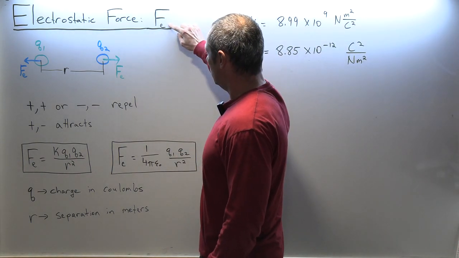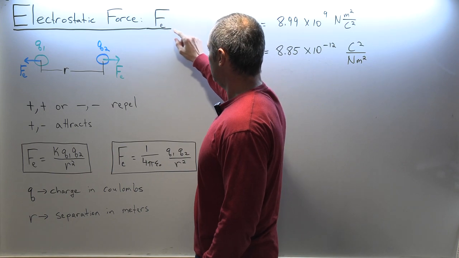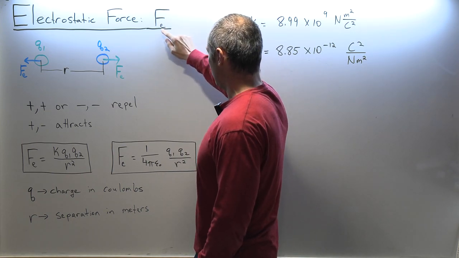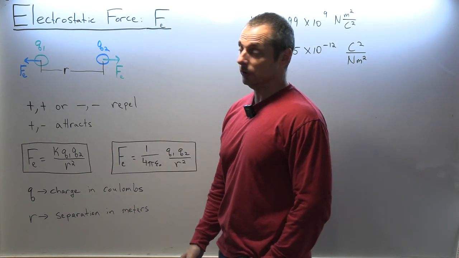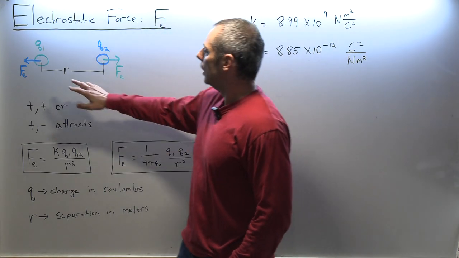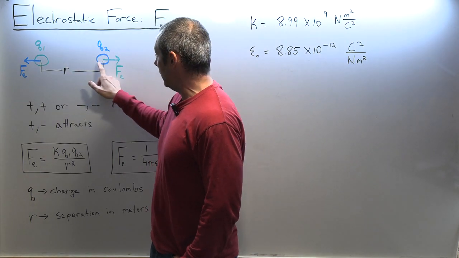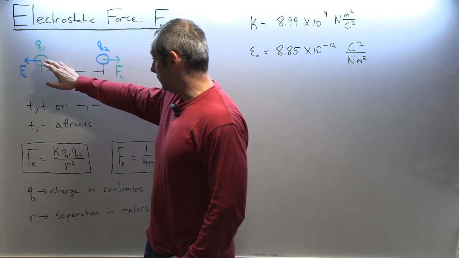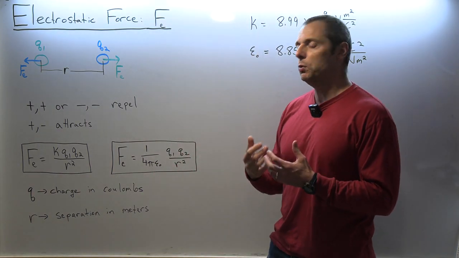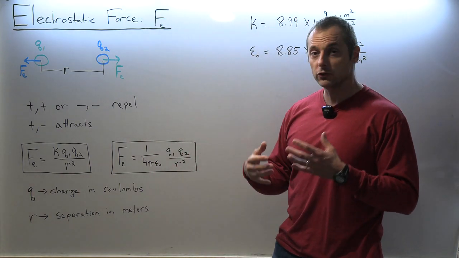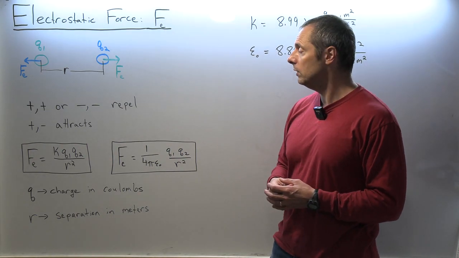Okay, so electrostatic force, the symbol for it is F subscript E. Like in gravity, we had a G over here. Fg meant force of gravity. Fe is force electrostatic. So we have two charges, maybe a proton and an electron, or two pieces of dust that are charged up. We'll talk more about how charge is acquired for objects other than protons and electrons in a later topic, a later video.